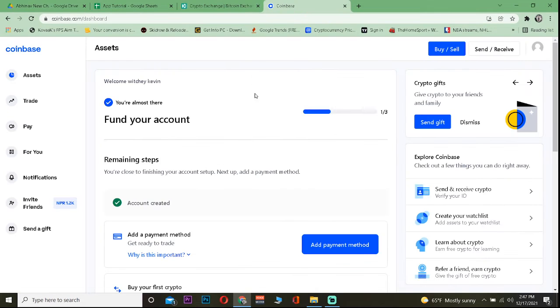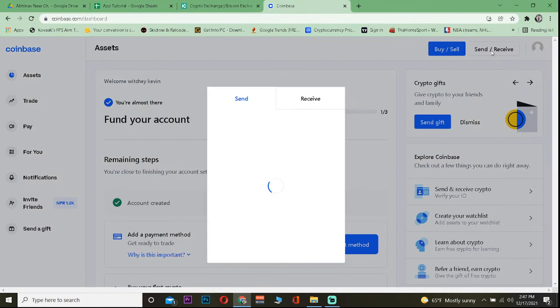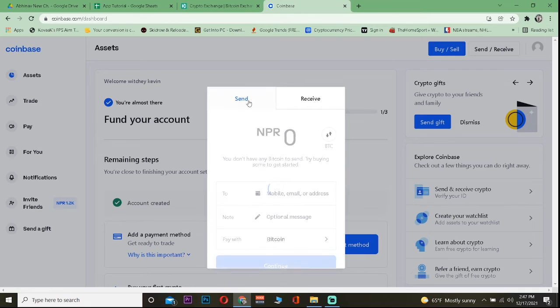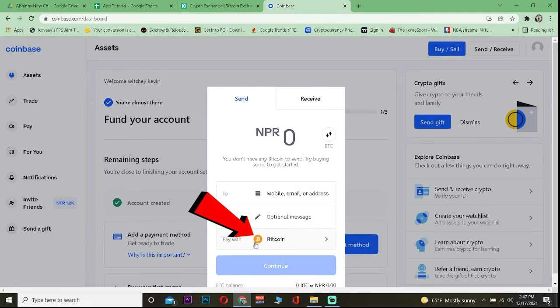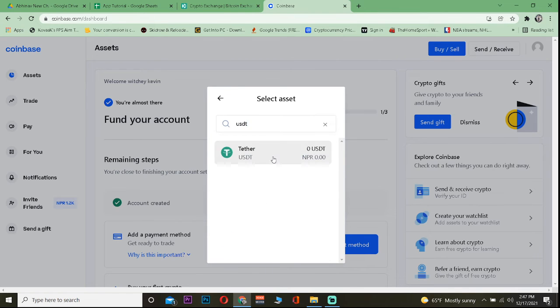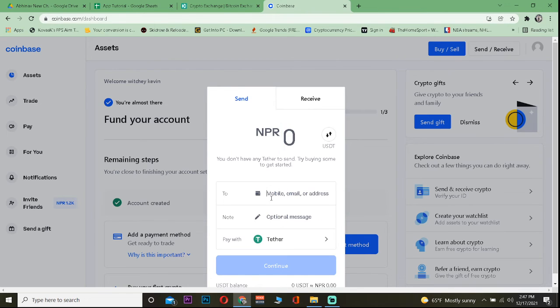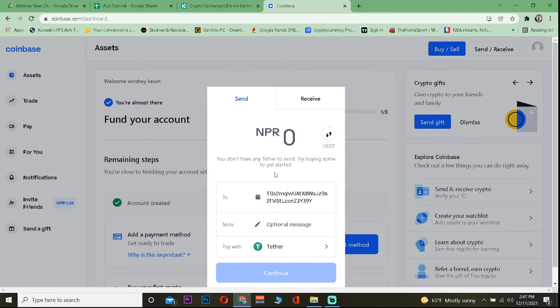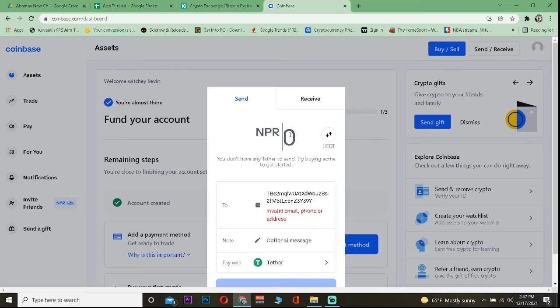After you do that, come back to your Coinbase account and go to Send and Receive. And once you go to Send and Receive, on the Send section over here, where it says Pay with at the bottom, make sure to change it to Tether. It's going to be Bitcoin by default, so make sure to change it to Tether. And once you change it to Tether, where it says To, you want to paste the address which you copied from your KuCoin. And after you paste the address over here at the top, enter the amount of Tether you